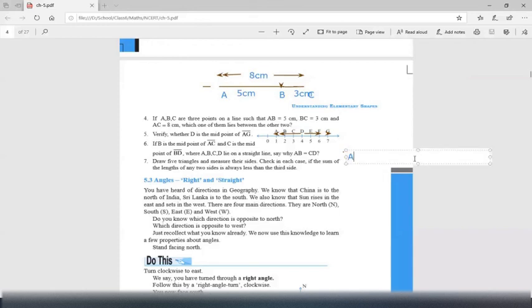So let us say this B. A, C, B. So B is the midpoint of AC we have got. And C is the midpoint of BD. So now this is C. This becomes the midpoint of BD. So D will be somewhere here. See how to get the diagram. Now we can say B is the midpoint of AC and C is the midpoint of BD.